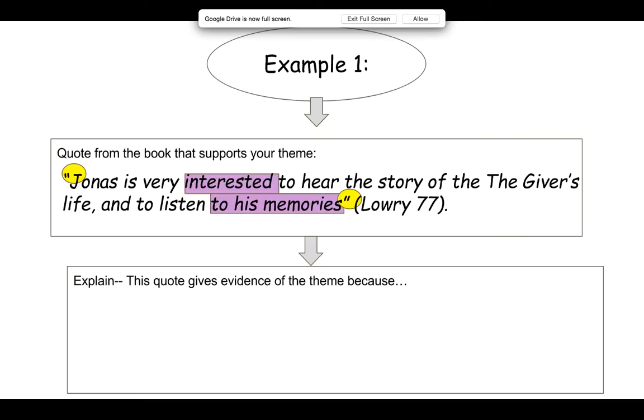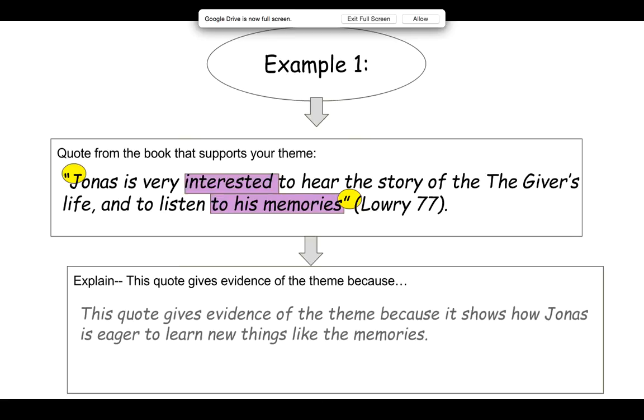Next, I need to explain. I can explain by saying the quote gives evidence of the theme, because I'm not giving a summary. I'm not just telling what happened in the story, or what happened in the quote. I'm trying to connect the quote back to my theme. I'm going to say this: The quote gives evidence of the theme because it shows how Jonas is eager to learn new things like the